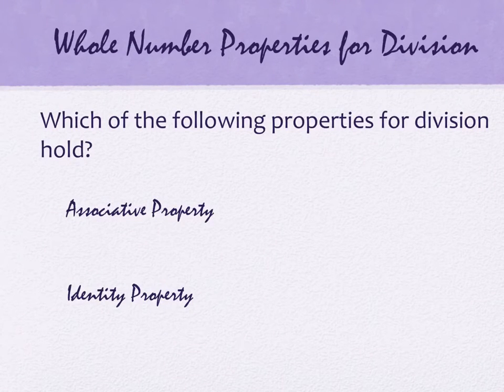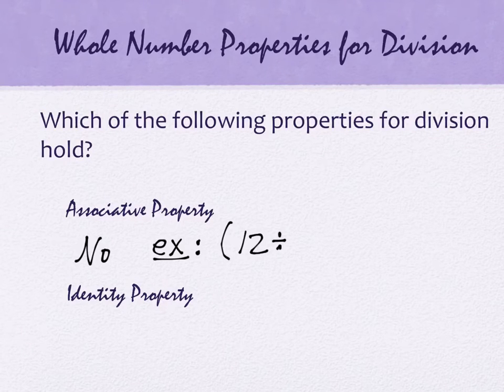Now, you might not be able to answer this one quite as quickly. Associative. Your gut tells you the answer is no. So as we do an example that we're going to create, we're going to try to do an example that keeps things in whole numbers. So the answer is no. So let me show you an example. If I was showing you an example that this doesn't work, I'd like to have numbers actually stay whole as I work with them. So for example, 6 divided by, actually let's make it bigger, let's do 12. 12 divided by 2,